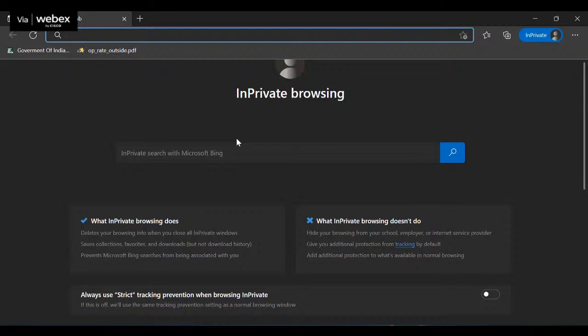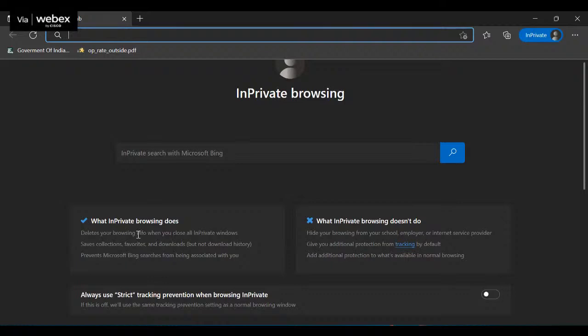If you're browsing something in private browsing or incognito mode, this information will not be stored on your system or in the browser. Normally, whatever you browse is stored in the browser history. But if you are browsing in a private window, this information won't be stored. No one can see what you are browsing here, at least in the browser, this data won't be available. But at the ISP level, the one who is providing the internet to you can see what you are doing.